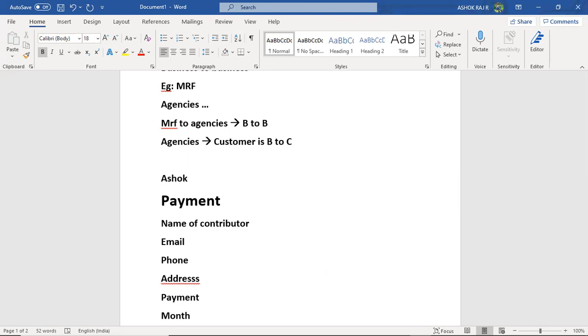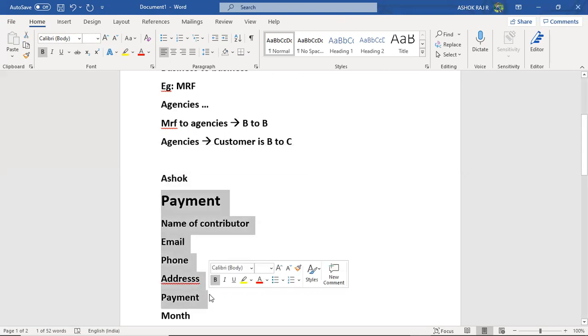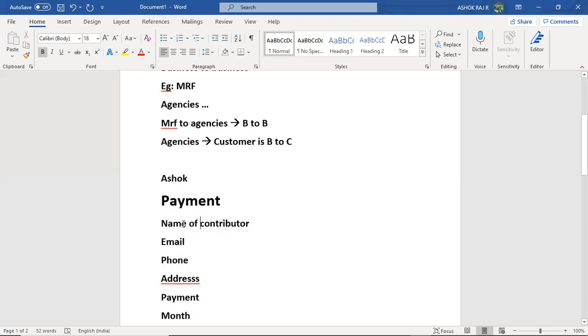Good point, Nikhil. As Nikhil mentioned, assume there is no relationship at all, and I have only payment information in an Excel sheet. If Ashok makes thousands of payments every month, in every row I am going to enter the name of the contributor, again Ashok, the email of Ashok, the phone number of Ashok, and the address of Ashok. Out of these, four fields are common. Suppose I have 1,000